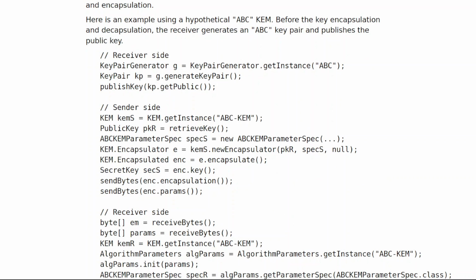Here is an example using a hypothetical ABC KEM. Before the key encapsulation and decapsulation, the receiver generates an ABC key pair and publishes the public key. // receiver side: KeyPairGenerator g = KeyPairGenerator.getInstance("ABC"); KeyPair kp = g.generateKeyPair(); publish(kp.getPublic());